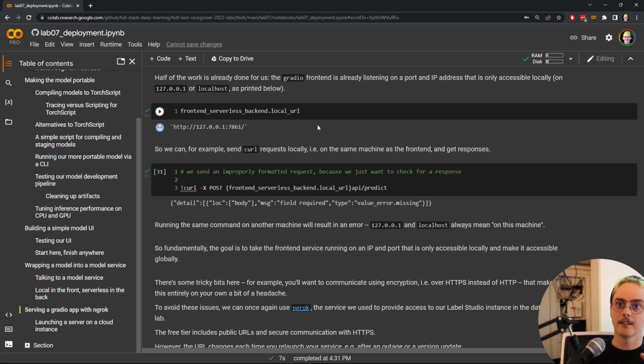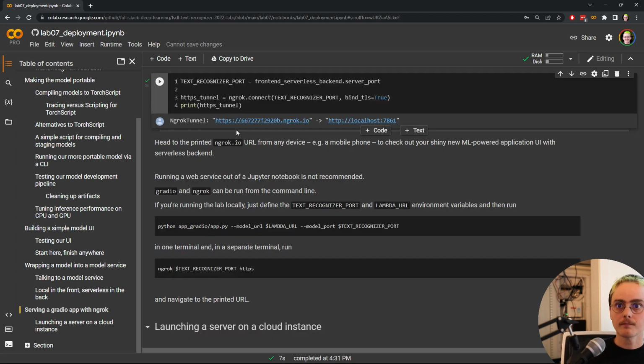The biggest downside is that that URL will change every time you restart your service, maybe after an outage, and there's effectively not really a good way to get a free static public URL. But this is something that you can either pay for through a cloud provider or pay for ngrok or a similar service so that you can have that branded static URL for your application. So once you've logged into ngrok, it's as simple as just connecting an ngrok tunnel to that port at the end of our local URL. And then you can head to that ngrok.io URL